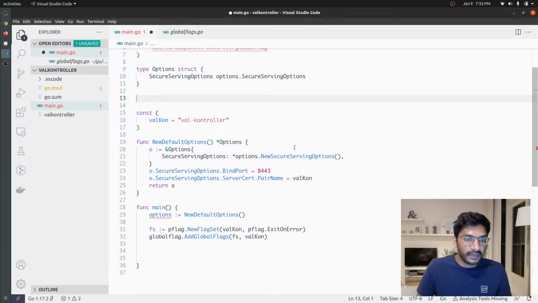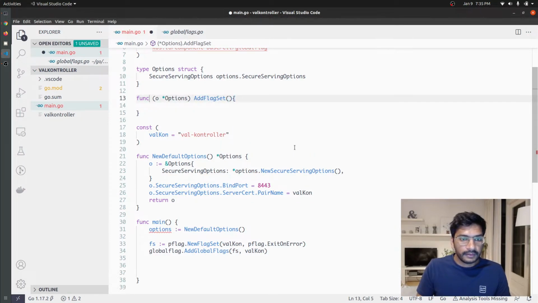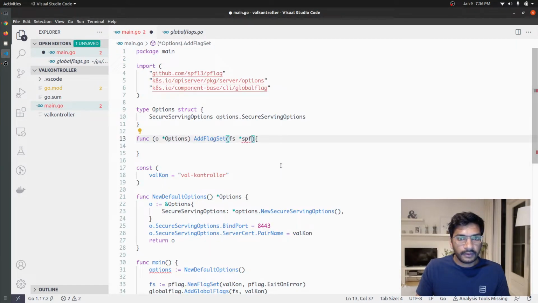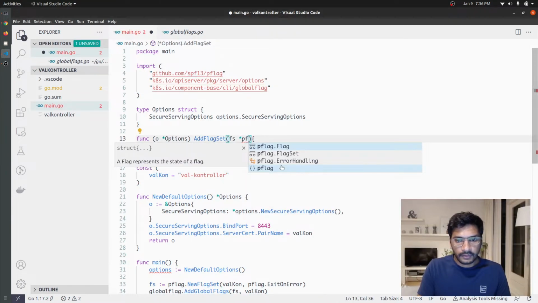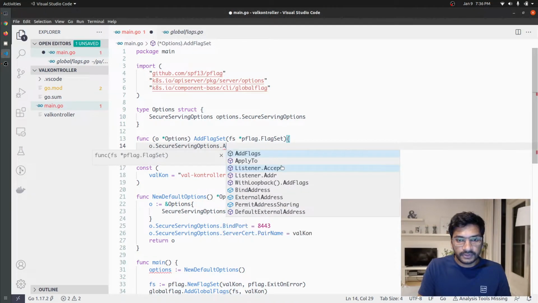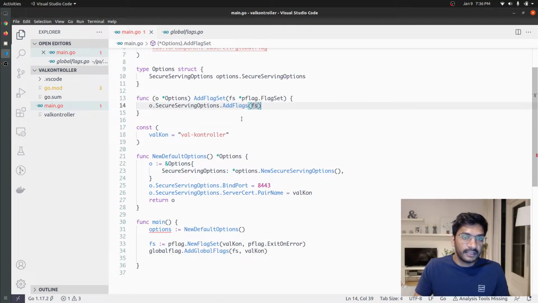So let's go ahead and define a method here, and o.SecureServingOptions.AddFlags, and we are just going to pass the flag set that